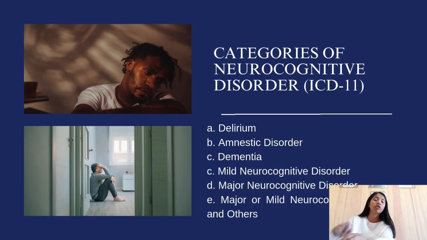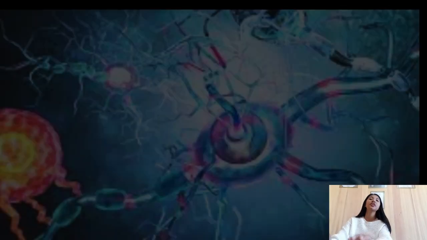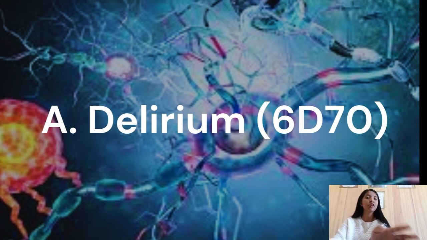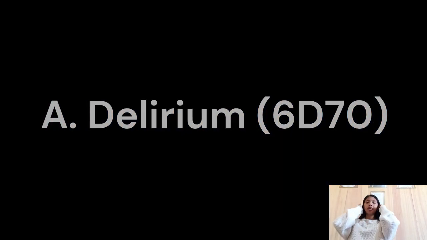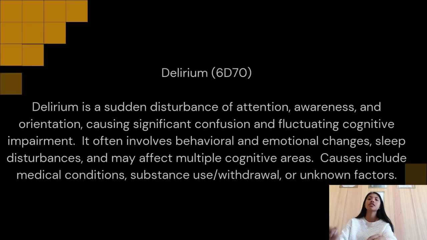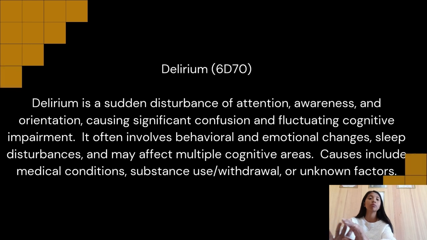These are the categories of neurocognitive disorders. So, let's start with delirium. First is delirium. The ICD-11 code for delirium is 6D700. So what is delirium? When we say delirium, it is a sudden disturbance of attention, awareness, and orientation which causes significant confusion and fluctuating cognitive impairment. It often involves behavioral and emotional changes, sleep disturbances, and may affect multiple cognitive areas, which causes